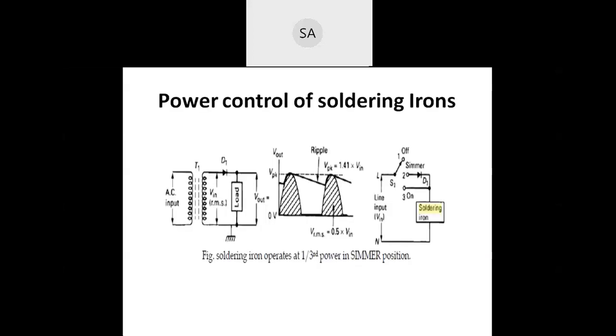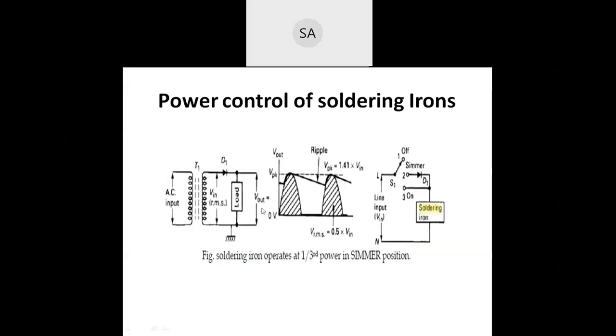And next one is the power control of soldering irons. This is the circuit diagram we are showing, where the soldering iron operates at 1/3 power in the simmer position. Here one soldering iron is connected. The output is the rectifier, a half wave rectifier. This is the AC input, we are connecting the transformer, and the output voltage is applied to the rectifier